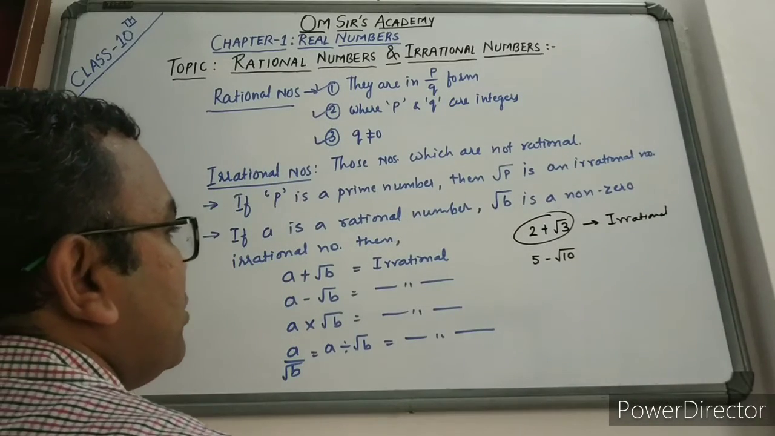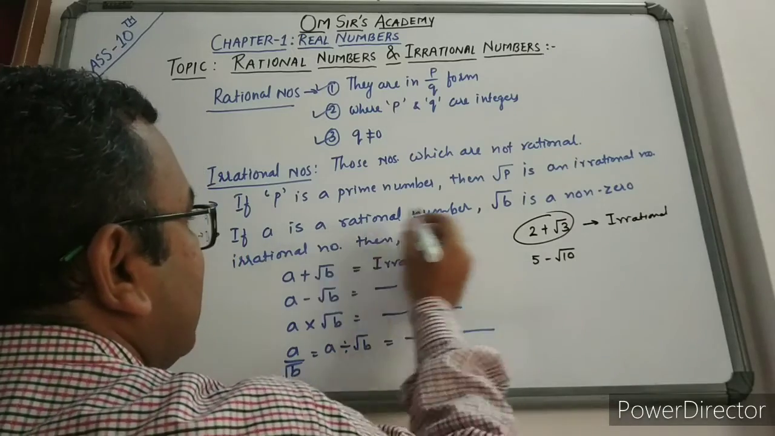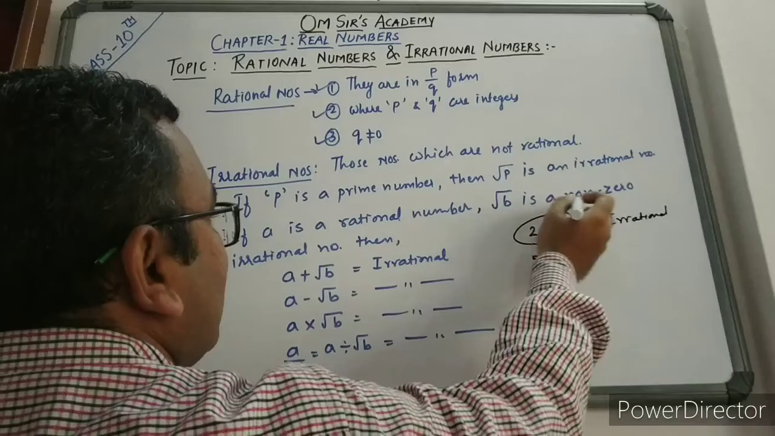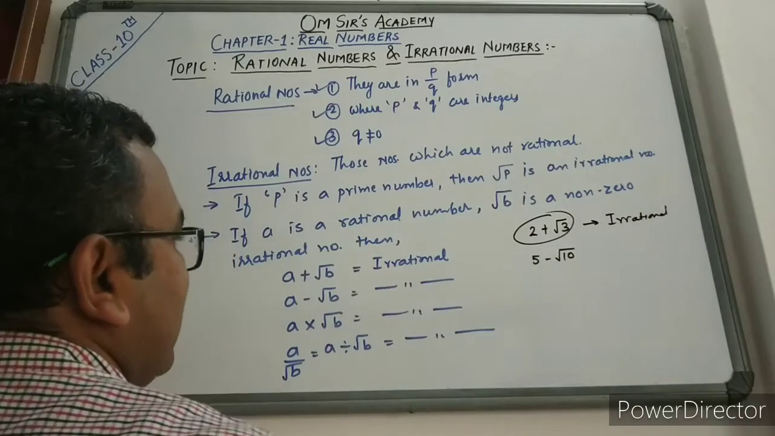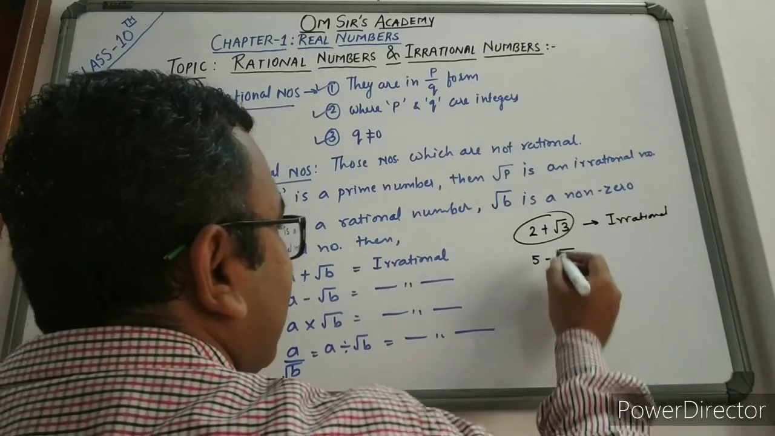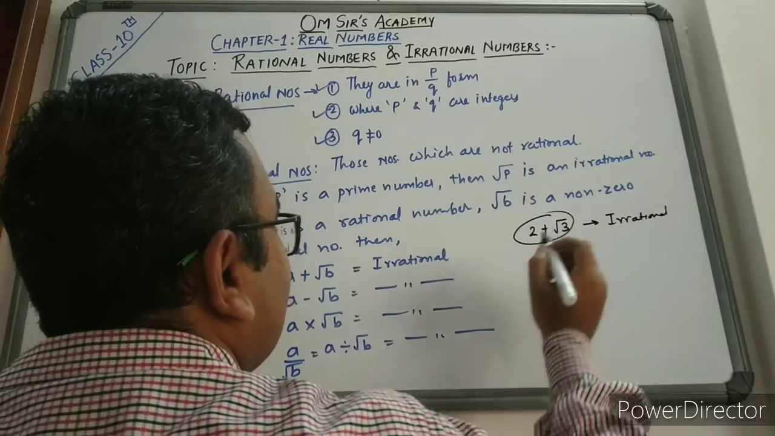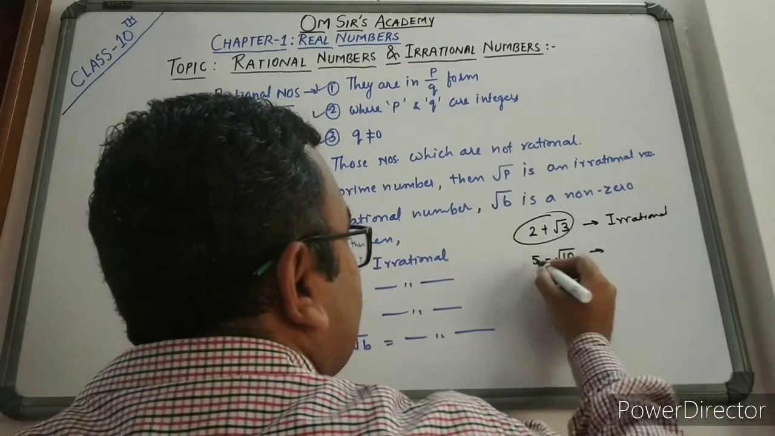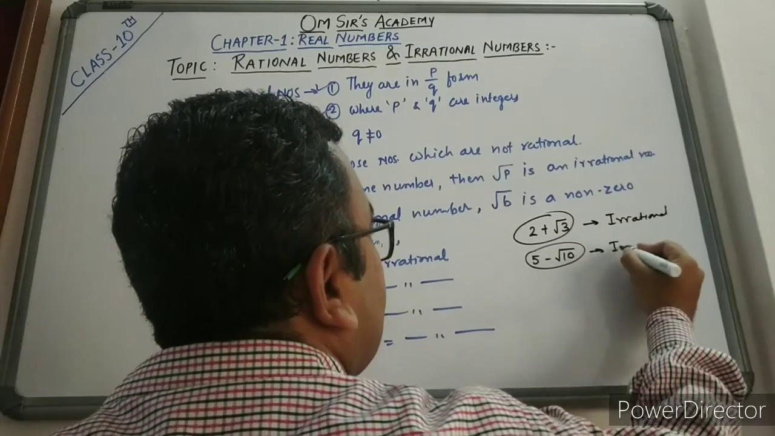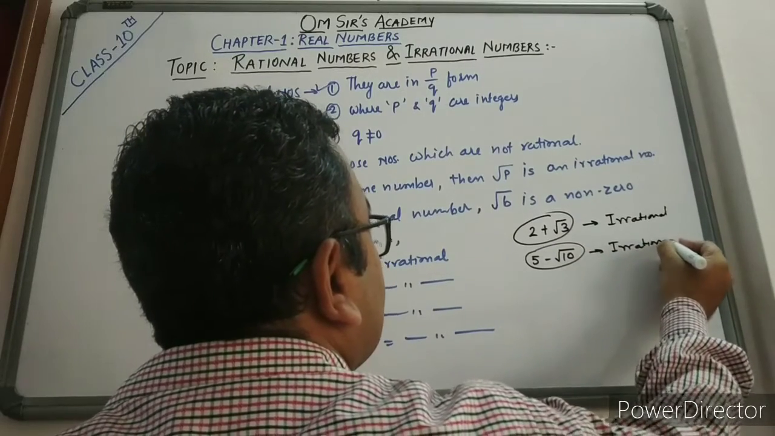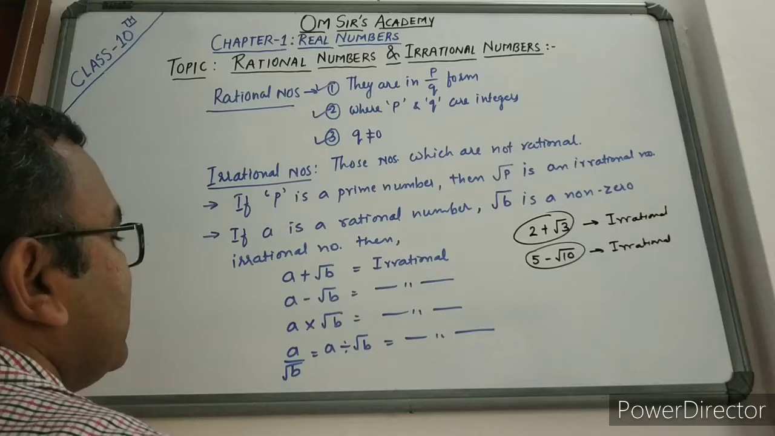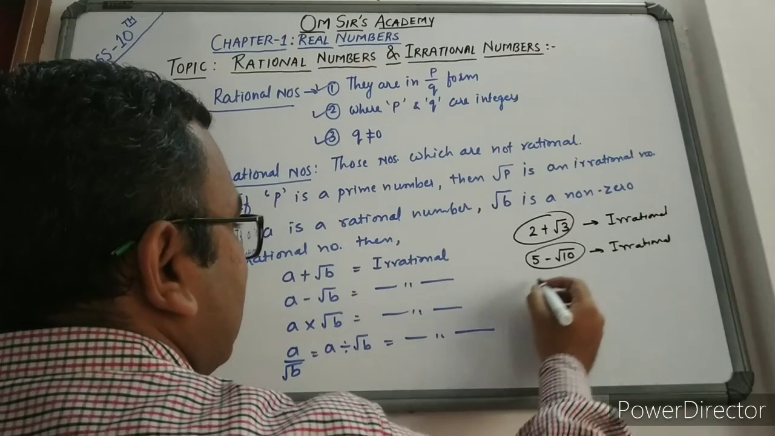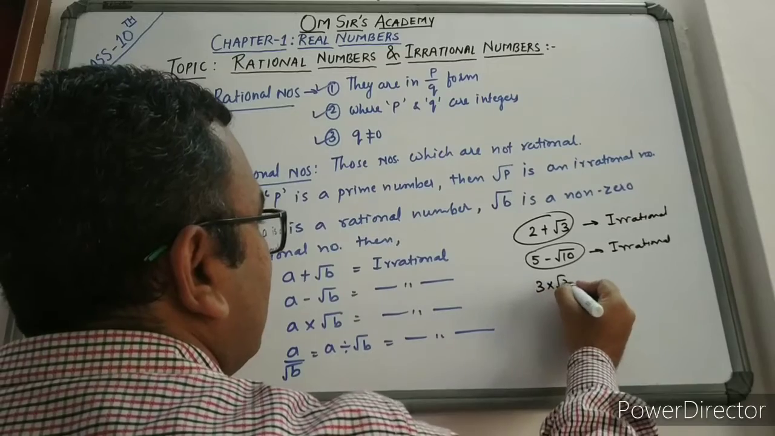Here also, in this condition, a is a rational number and root b is a non-zero irrational number. So if I take the root of this, it will be a non-zero irrational number. So this whole will be termed an irrational number. Is it clear, friends? Then next is a into root b, say 3 into root 2, that is